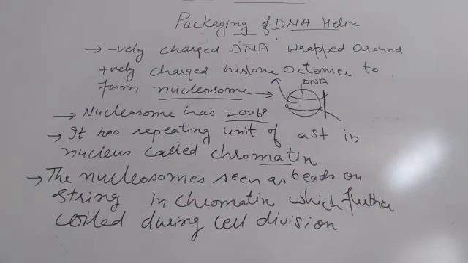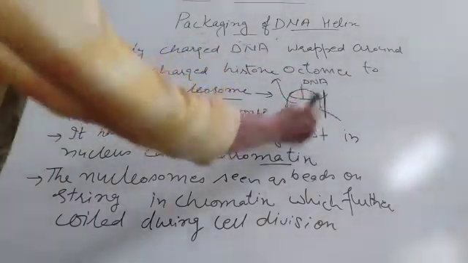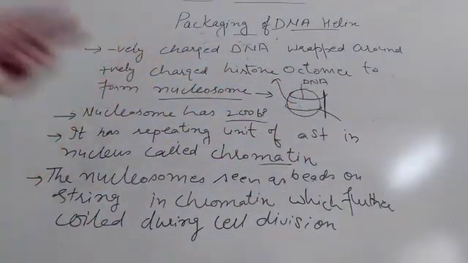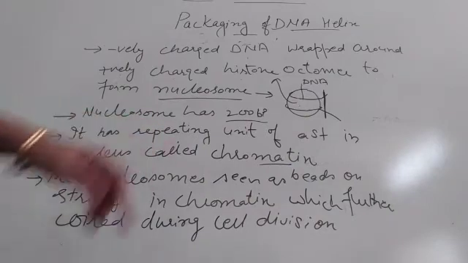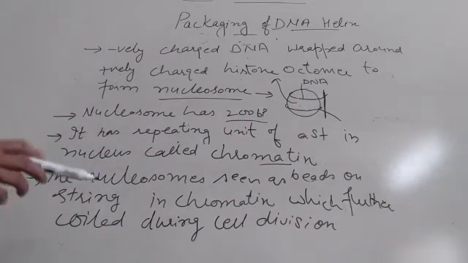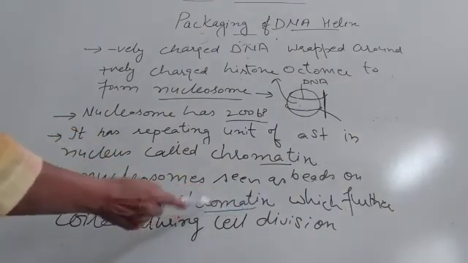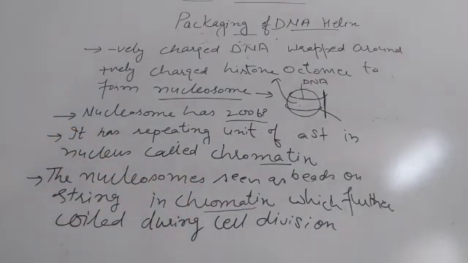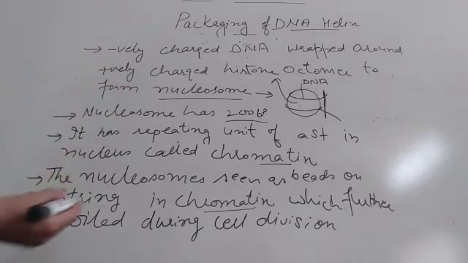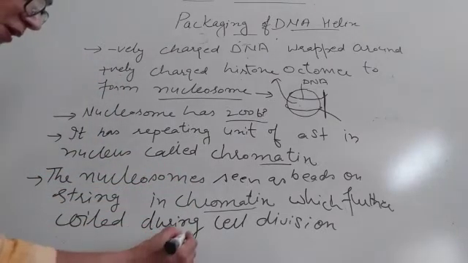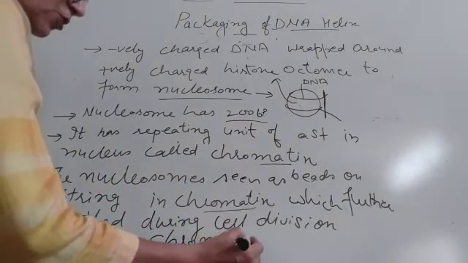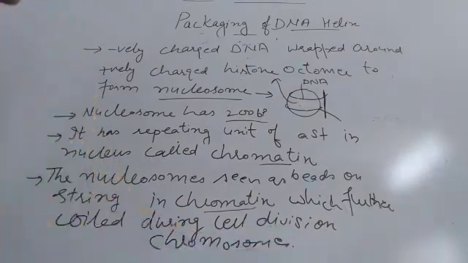Now these nucleosomes are seen as beads on a string in chromatin fibers. ऐसे round बन के फिर आगे फिर एक round, तो ऐसे लगेगा जैसे मोती मोती लगे हुए किसी धागे में. They are seen as beads on the string in chromatin. Clear? And these chromatins, when cell division starts, will further condense, and then we call them chromosomes. If you remember, we call it chromosome. This is the stage where all the chromosomes are clear, right?